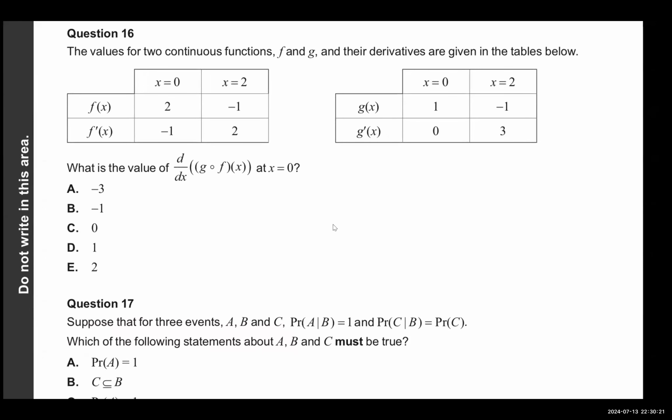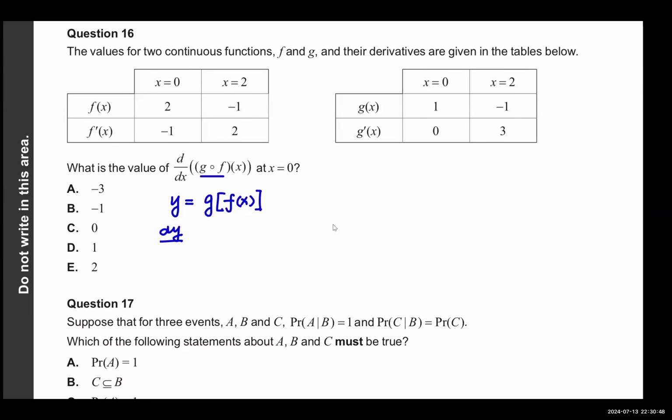Question 60. The values for two continuous functions, f and g, and their derivatives are given in the table below. So I would like to find the value of a derivative. What does this derivative mean? Well, this is a composite function. It's not a product function, okay? g of f. So what I'm trying to find is when y equals g of f of x,